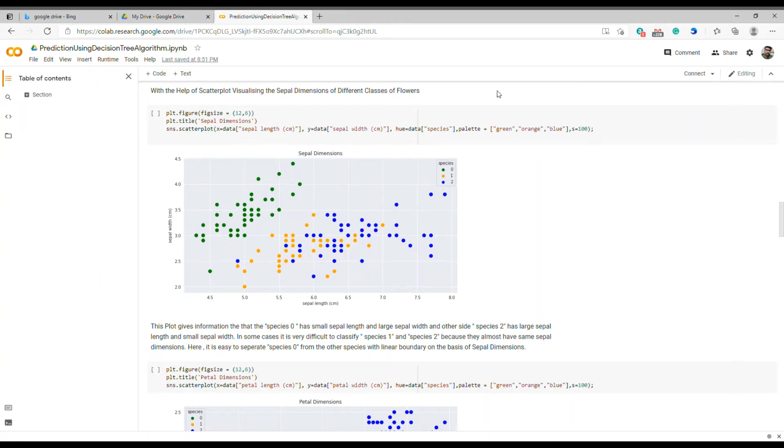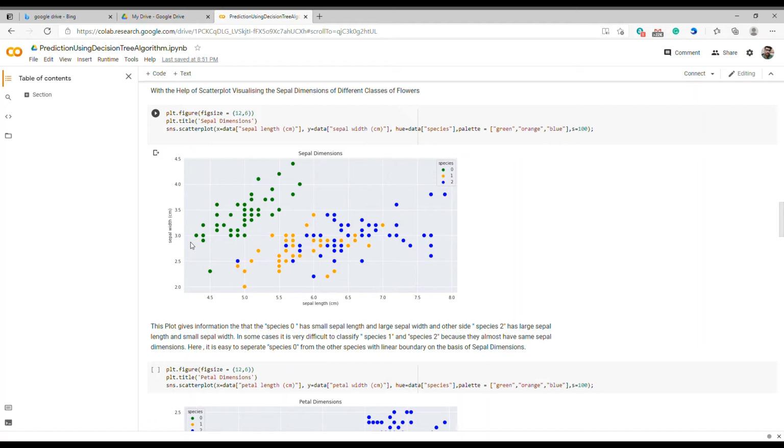So here I am creating a scatter plot of the sepal dimensions of the flowers of each of the classes 0, 1 and 2, and here sepal length is kept on the x-axis, and sepal width